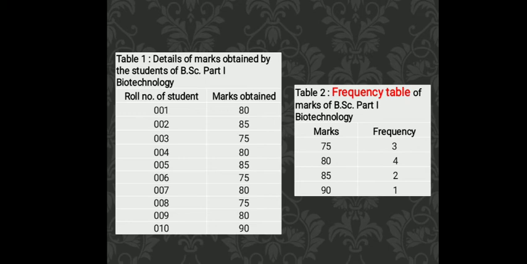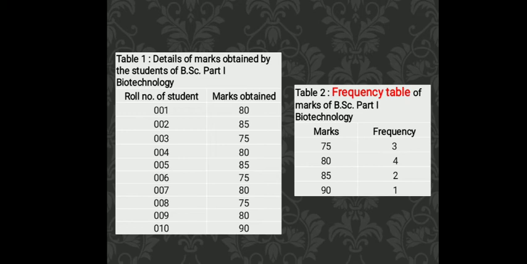Table 1 shows the detailed marks of all the students, whereas table 2 shows a compact and interpretable data showing the marks and the frequency. Here the frequency represents the number of students with a particular mark.